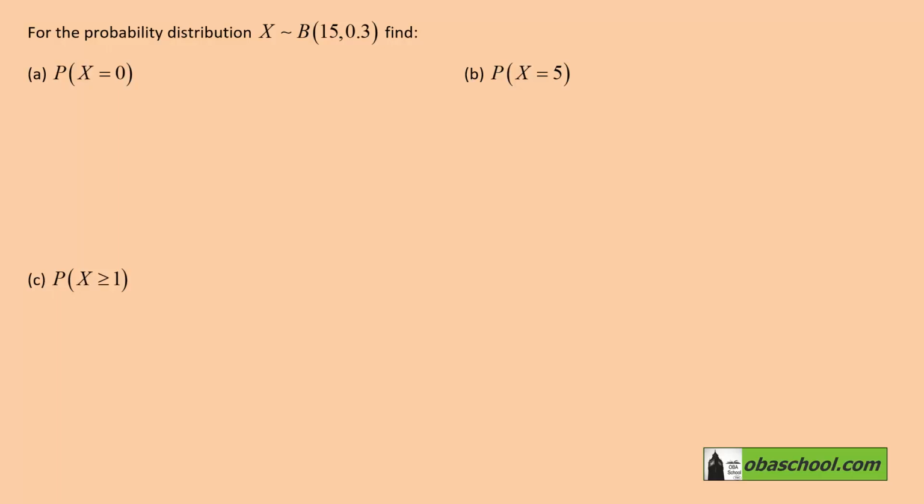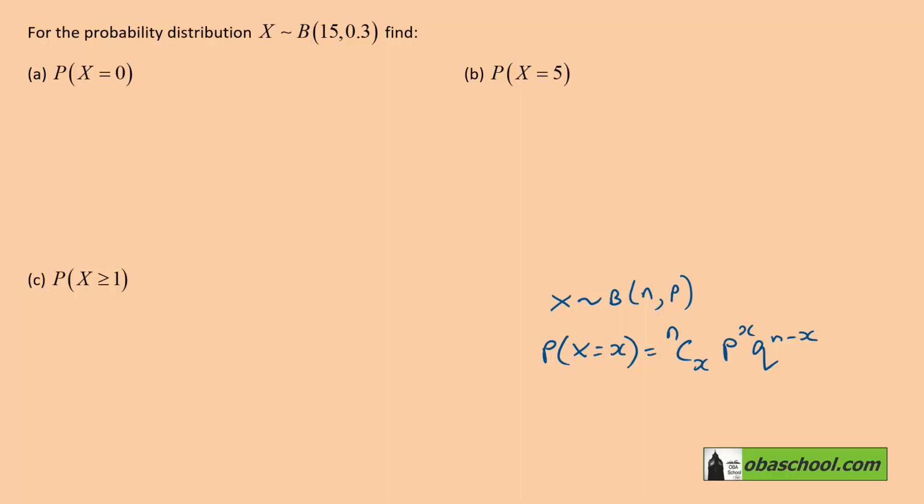For the probability distribution, X is a binomial with 15 trials and probability of success 0.3. We want to find the following. Now, if X is a binomial with n trials and probability of success P, the mass function is that the probability that X is equal to x is nCx P to the power x Q to the n minus x, where Q is equal to 1 minus P,